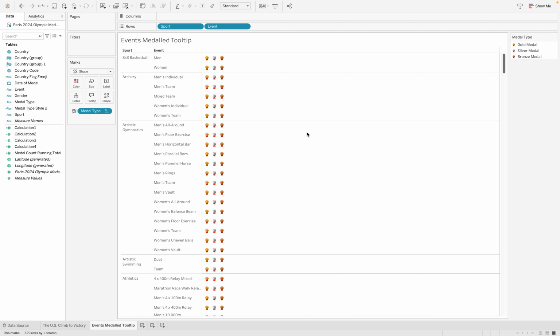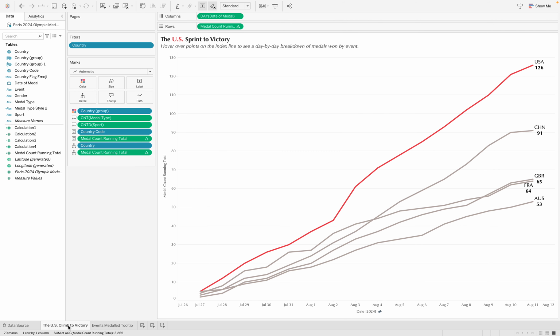We may have to reorganize this a little bit and change the size and stuff once we actually insert it into the tooltip to get it to format properly, but this looks pretty good so far. So now that we've done this, I'm just going to save it. And let's get this into our tooltip. So to do that, I'm going to go back over here to the main chart, and I'm going to go